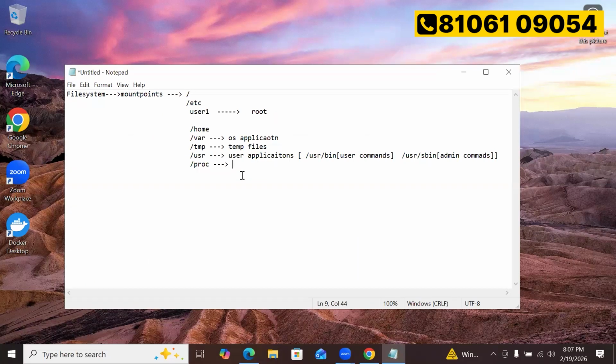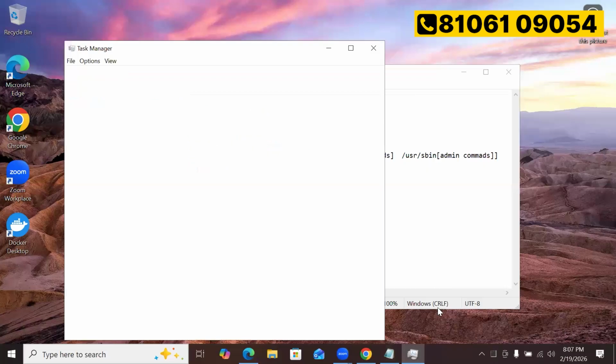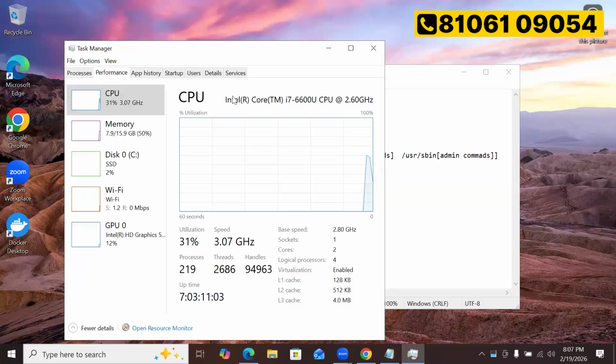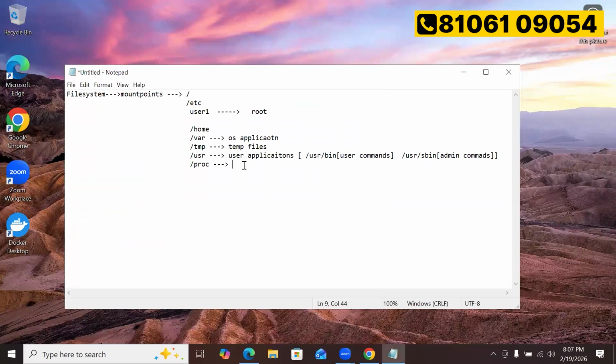If you want to see how much CPU is being utilized in your machine, in Windows, if someone asks how much CPU you are using, you can look at your performance and say, hey, 27% of my CPU is being consumed now. These many processes are running, these many threads are there, and how long it has been running, all those details you can see. In the same way, if you want to see CPU information, in proc there is one file called cpuinfo, and meminfo for memory information. Those you can see, and as we move forward you can learn those things, especially when you are troubleshooting performance issues.